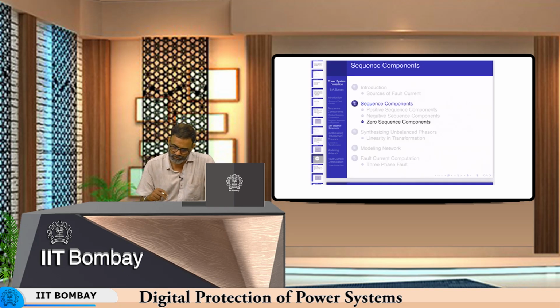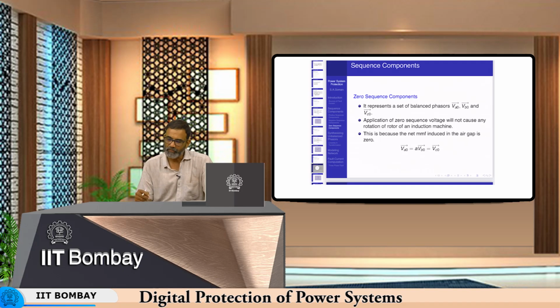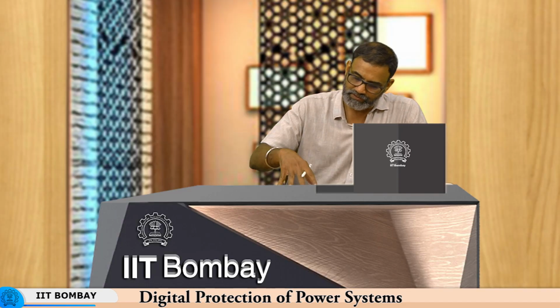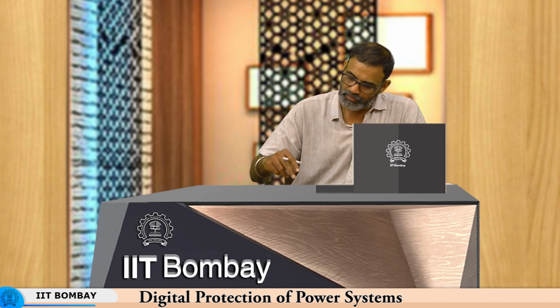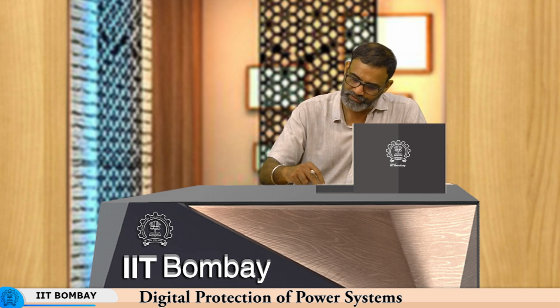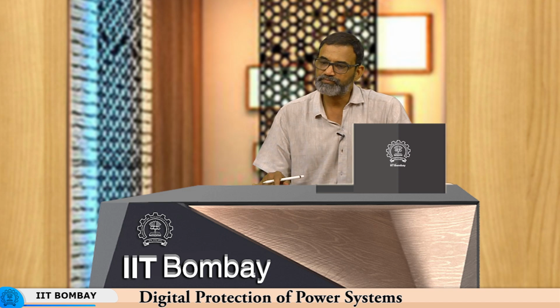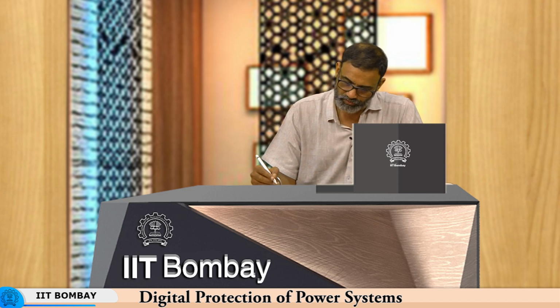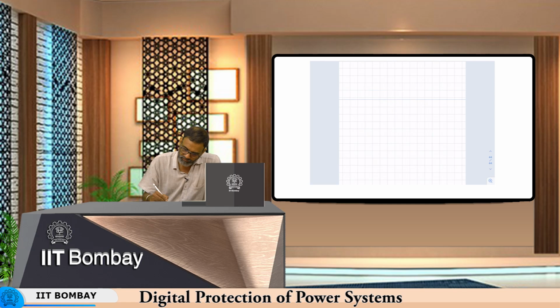However, if you give 0 sequence excitation to an induction motor, then there will be no rotation. That is because no rotating MMF is produced. Why is that? We will just see mathematically why 0 sequence currents produce no rotating MMF. Now, if you see MMF distribution, you will just write down the formulae and then plug the sequence currents into them. MMF distribution